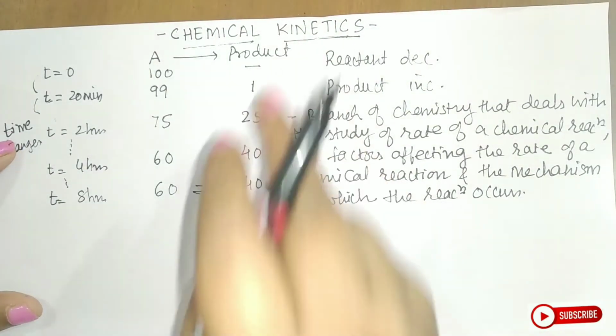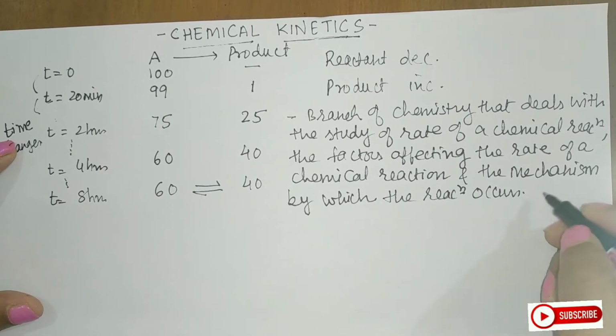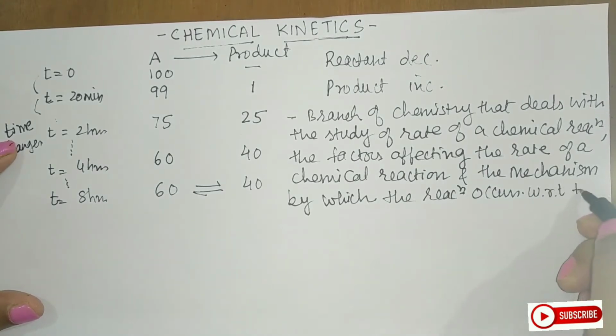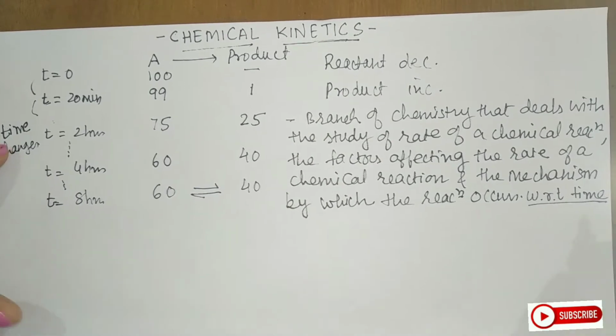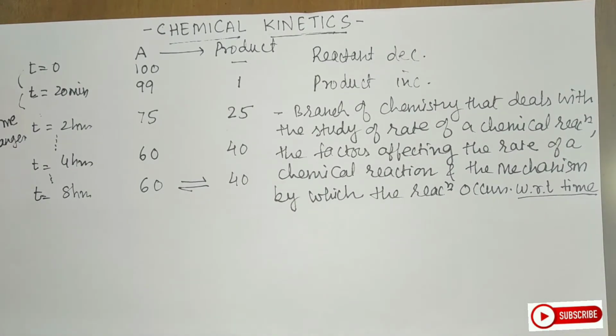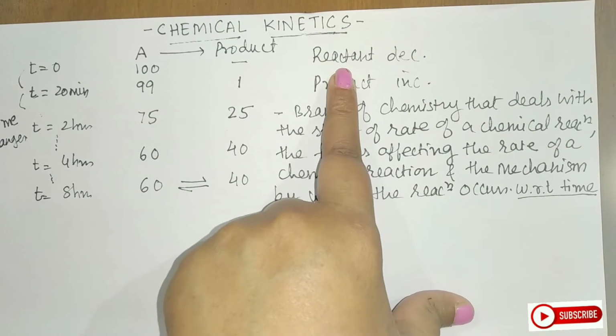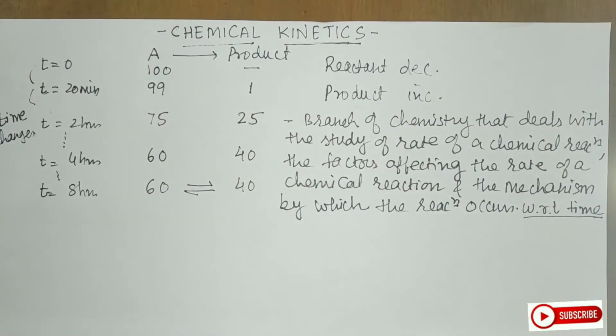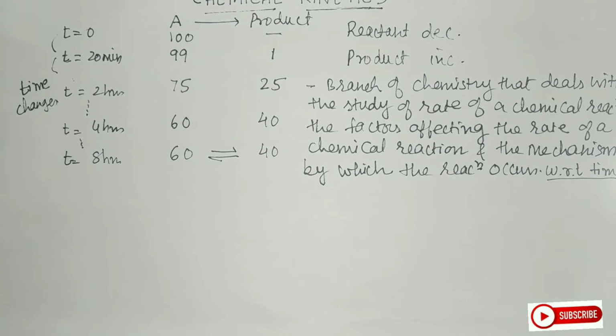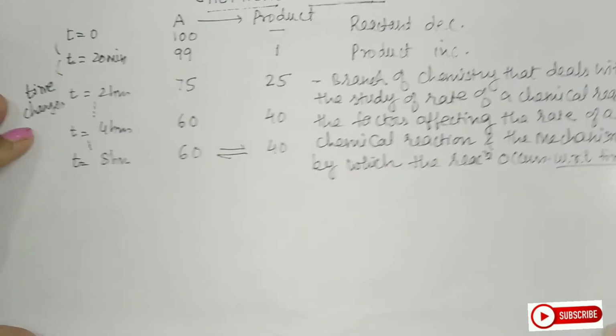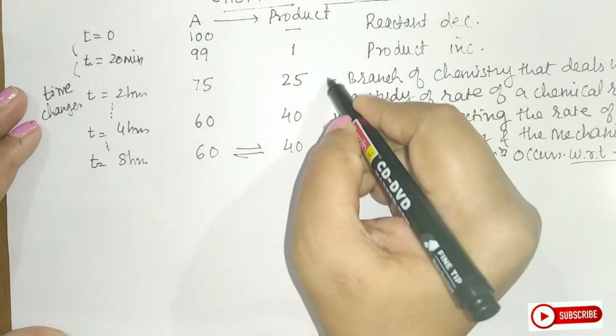No, because we are studying kinetics, so your definition must end with respect to time. This term is very important because we are studying all those changes with respect to time. One thing we have studied is that as time passes, the concentration of the reactant decreases while the concentration of the product increases. Now we have to define the rates with respect to reactants, with respect to products, and in general for a reaction. Now this is what is chemical kinetics.